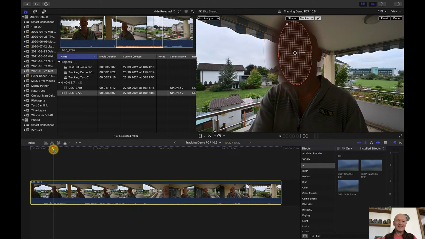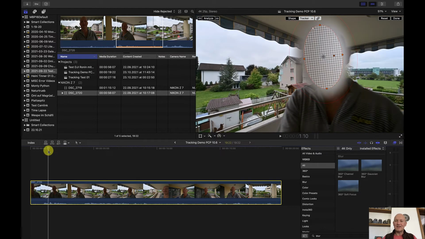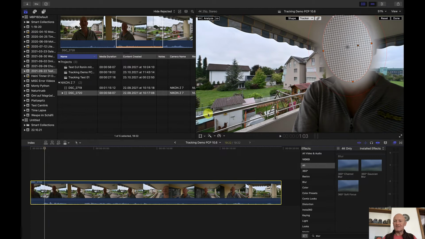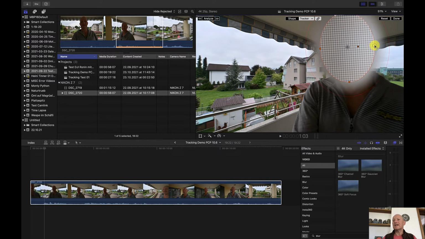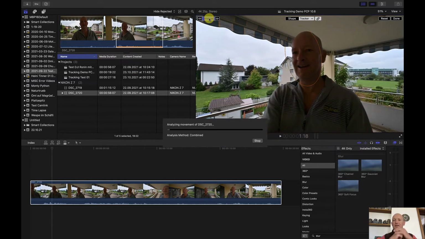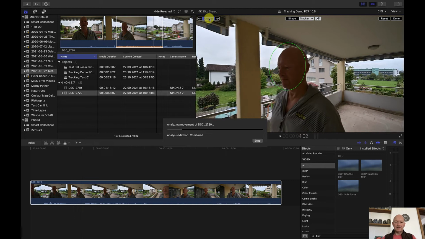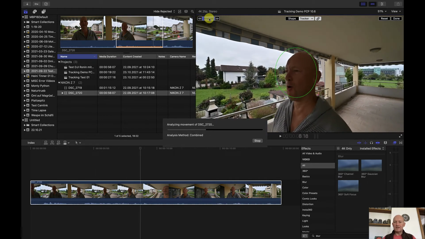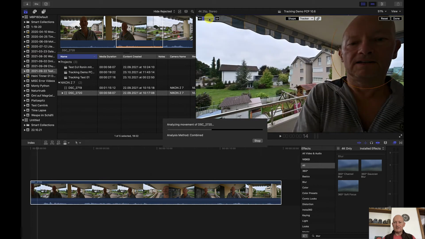Okay, so let's go to this position where I can start to see my ear. That's somewhere here. Then I turn this a little bit down, make it a little bit wider, pull it over my face a little bit, and I reanalyze the whole thing. And you see there again was another position where my ears are no longer covered,